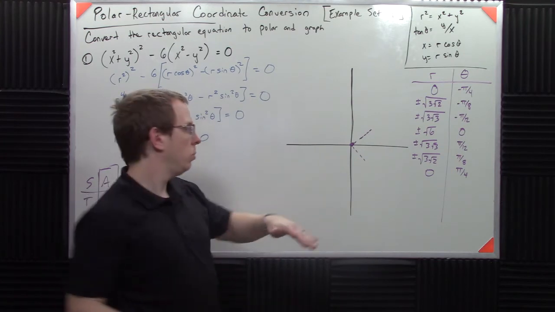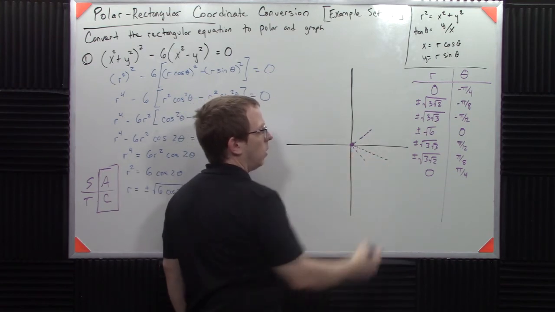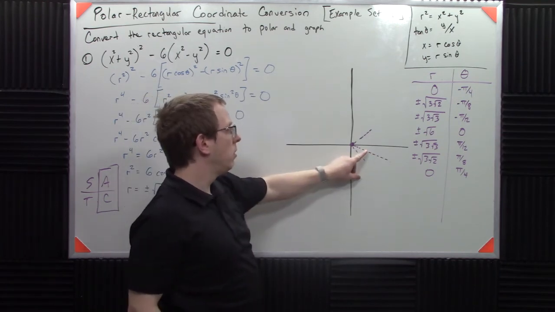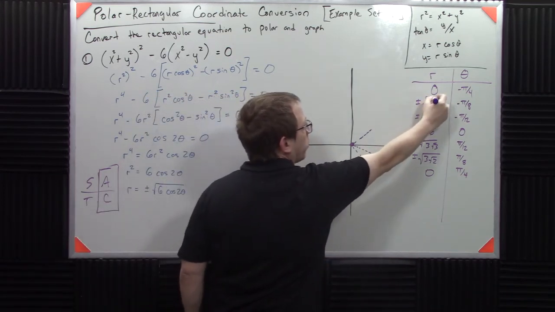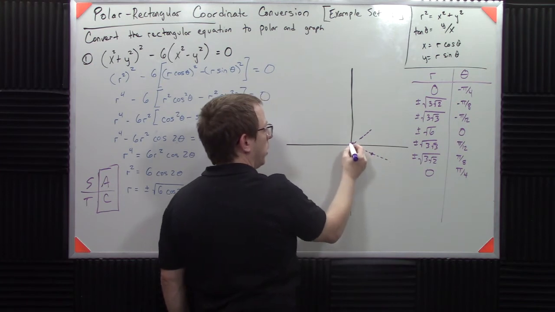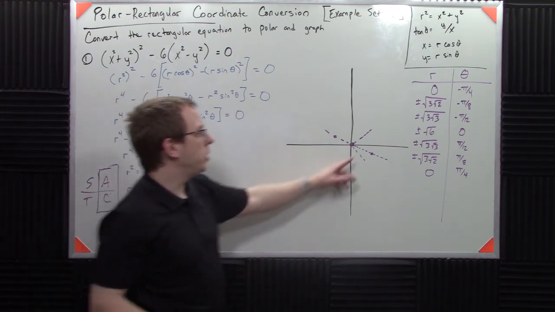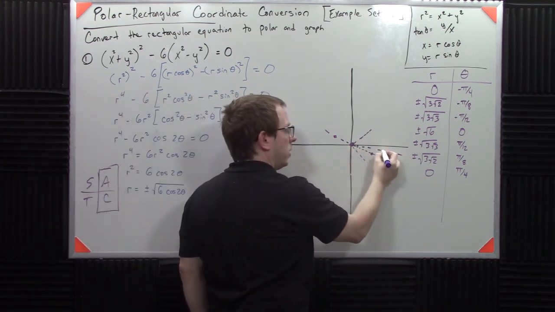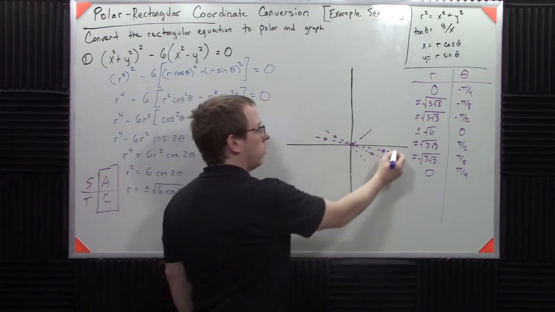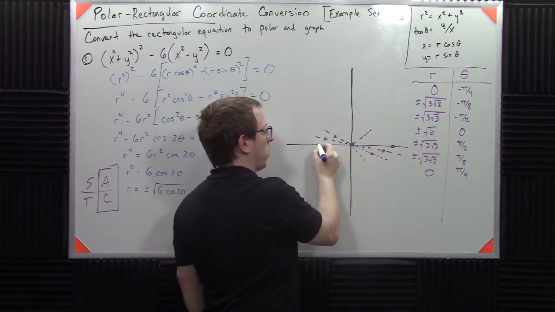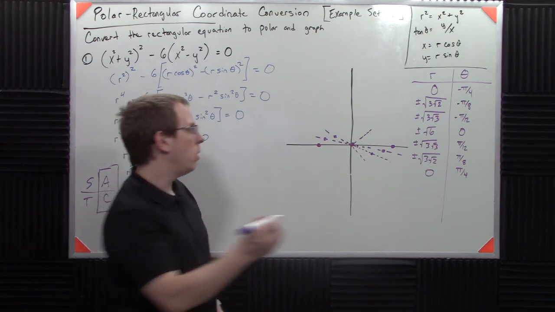Now, as you go to negative pi over 8, so along this line, you have a positive 3 square root of 2, so you have this. And you also have the negative case, you also have this. And then, as you get to negative pi over 12, it's even further out. And then when you get to 0, the radius is either square root of 6 or negative square root of 6. And then as you go up some more,